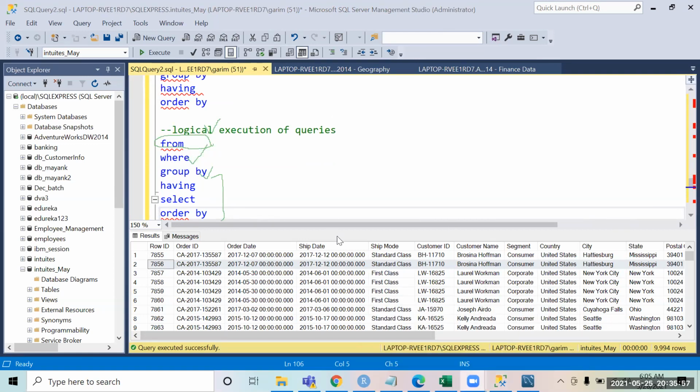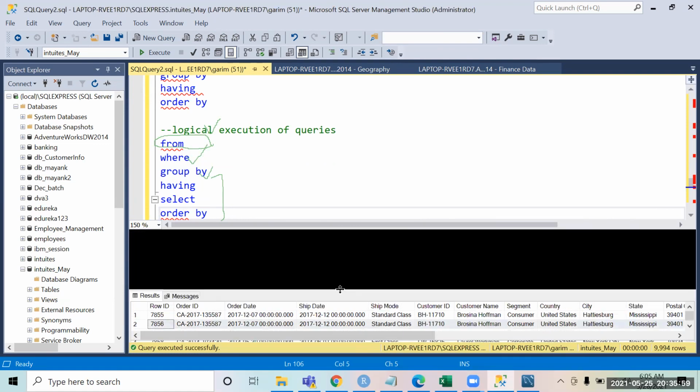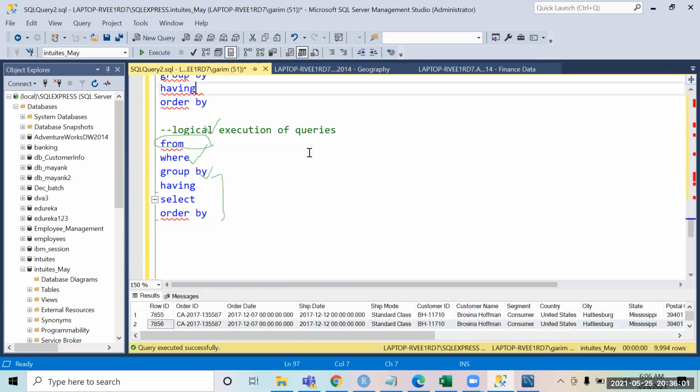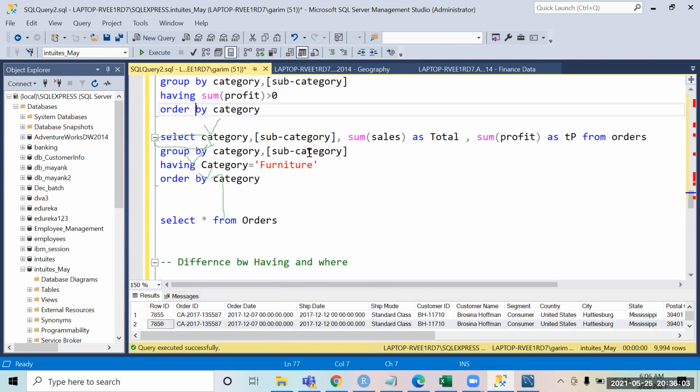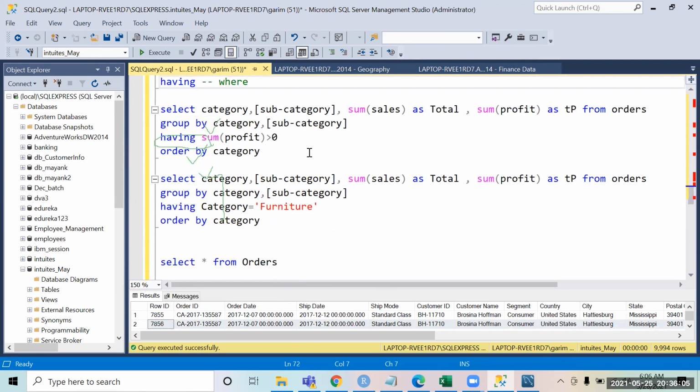Now I hope you have got the answer to why this query was not working when you were writing TP over here. Just see what happens if you write this query.